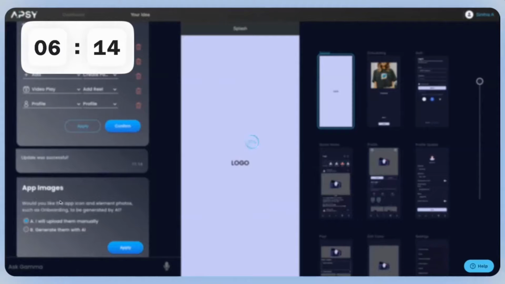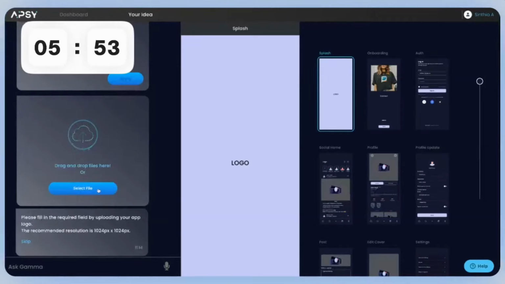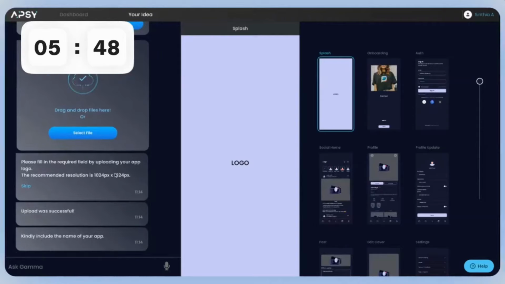So the next screen is going to be application image. We have a manual option. We also have an AI generated option. If you like AI generated, select that. We have some beautiful images, but I personally am gonna go with manual because I would like Absy's logo to be visible in my app. So I have selected Absy. Now this is just asking you the name. So I'm gonna pick something very simple.